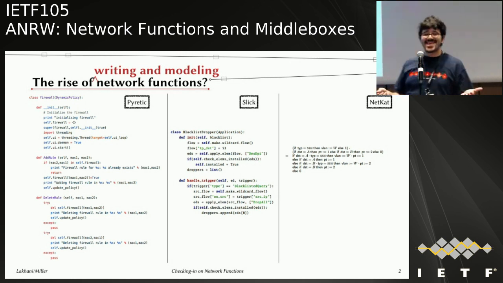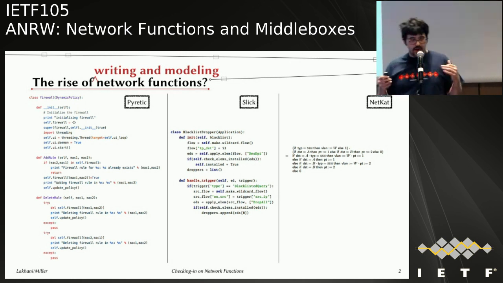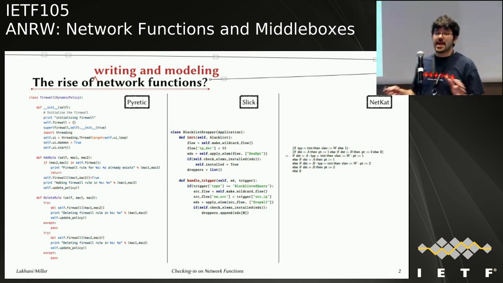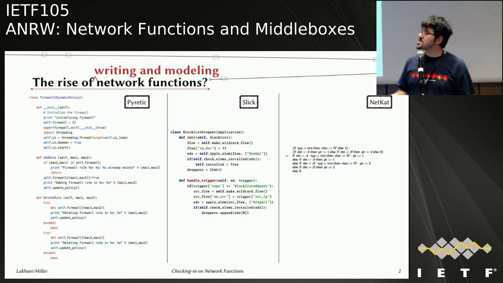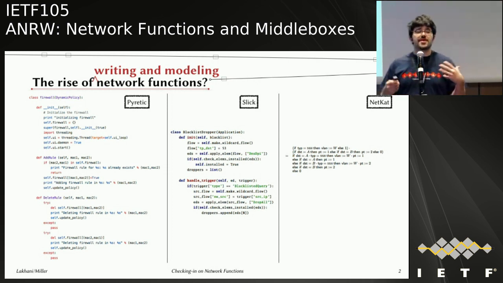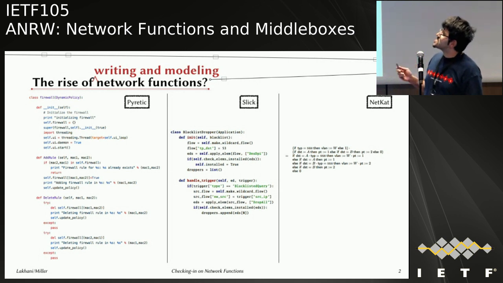There's stuff like Slick that came out that lets you do interesting kind of pipelining for subsets of traffic. And then there's things like Netcat, which is this really cool semantic model for thinking about networks. It has proofs for soundness and completion. It seems really, really great and lets you do things like reachability analysis right in your code. For all these things that are really great,